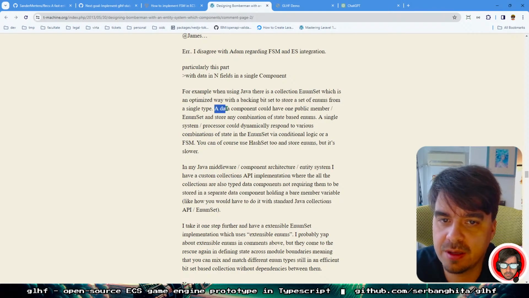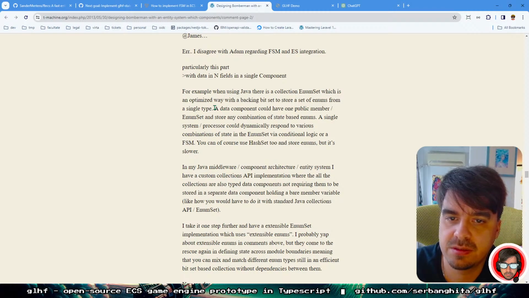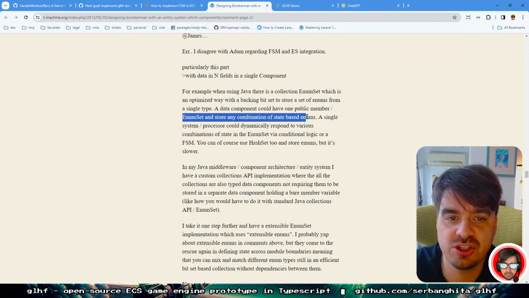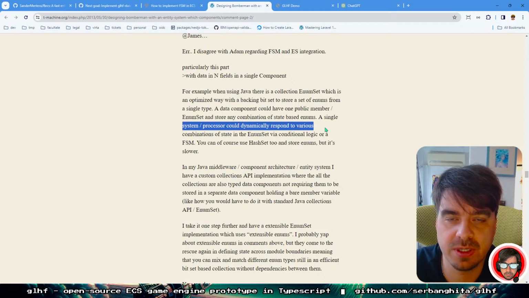And I had no idea that this exists in Java. A data component could have one public member enum set and store any combination of state-based enums. I agree. A single system processor could dynamically report